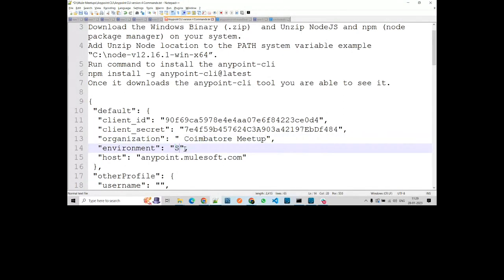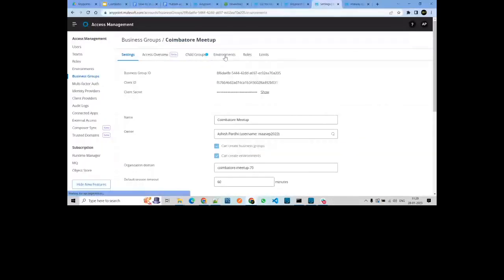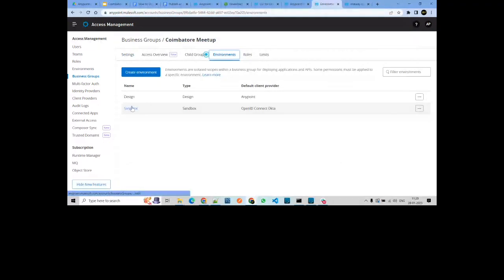This will, you know, right? It's a sandbox. Based on your requirement, you can go ahead, and not necessarily that it will always be sandbox. If it's a dev, you use dev, production, those things. Okay. Once this is done, what you can do, you can go ahead now